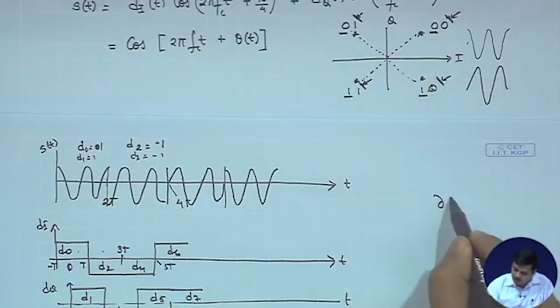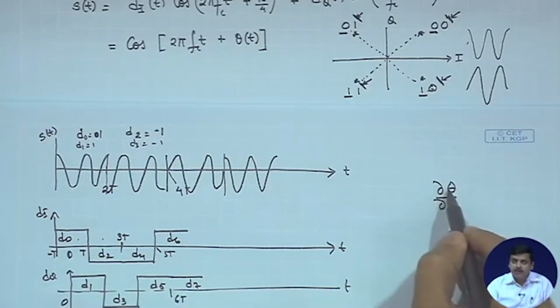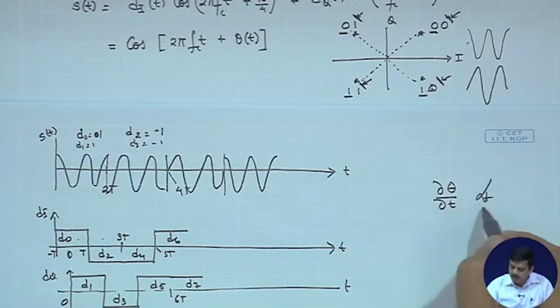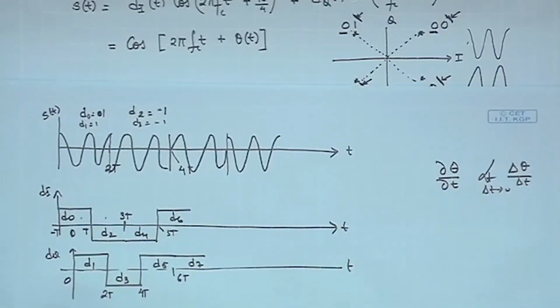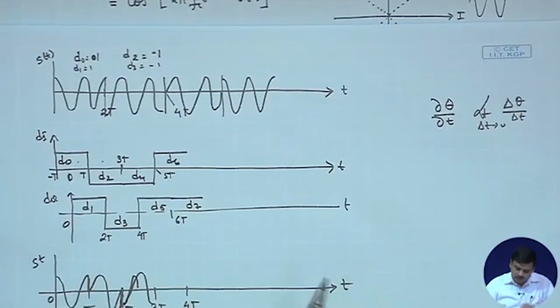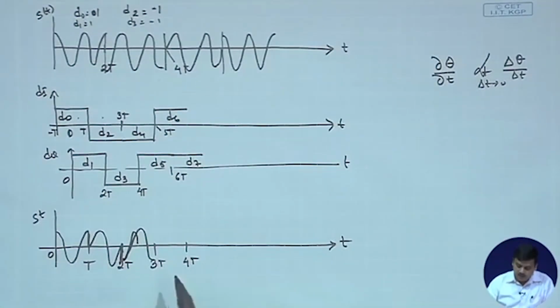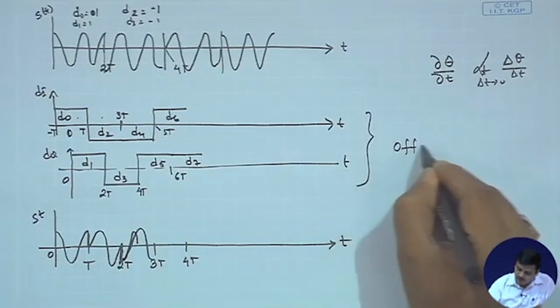Because your frequency change is proportional to d theta dt, the amount of change that is happening in the frequency, or rather limit delta t tends to 0 delta theta by delta t. So, if this reduces the rate of change of theta, that means your frequency side lobes would be different, and that would reduce the amount of spectral growth that may be available. So, this kind of shift is known as offset